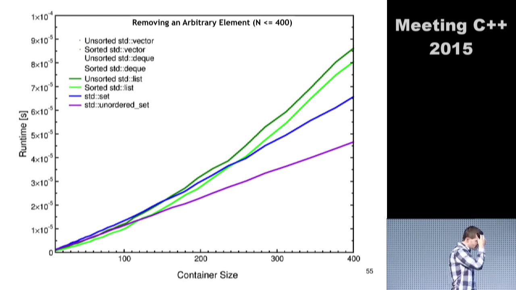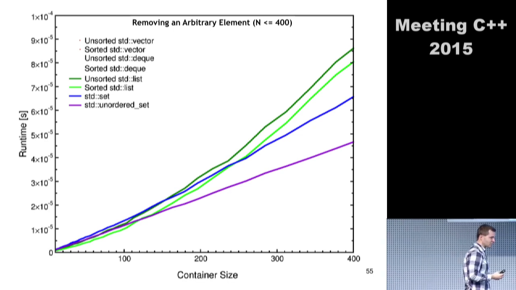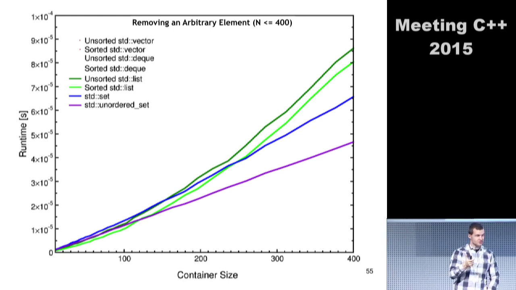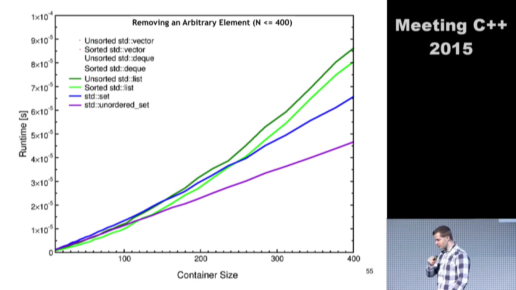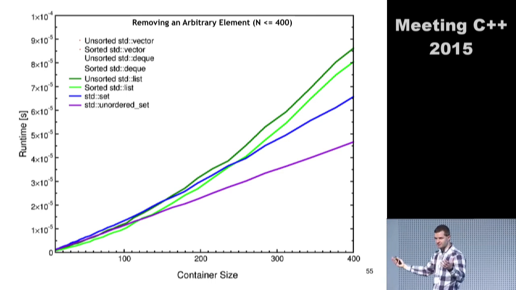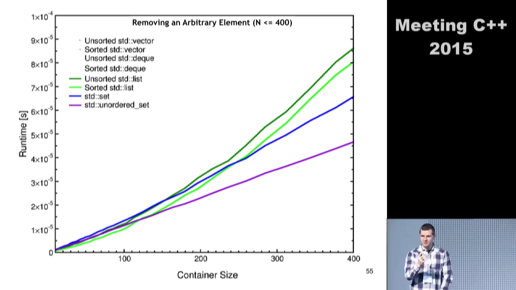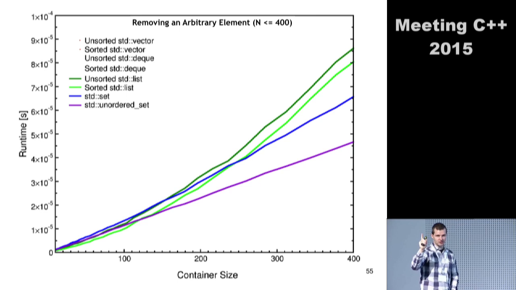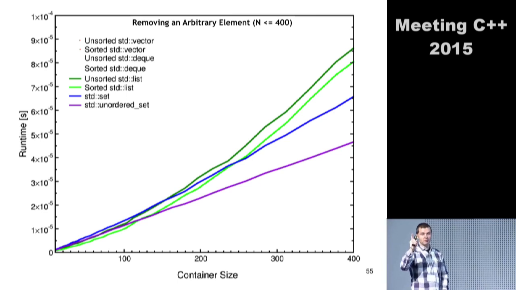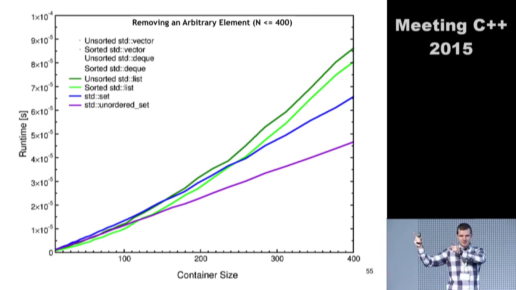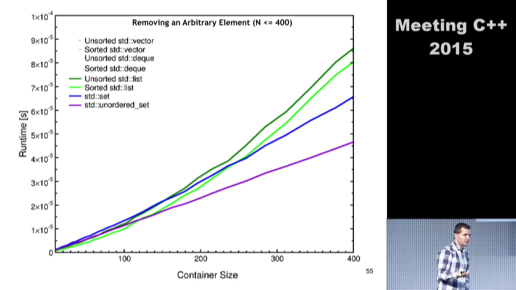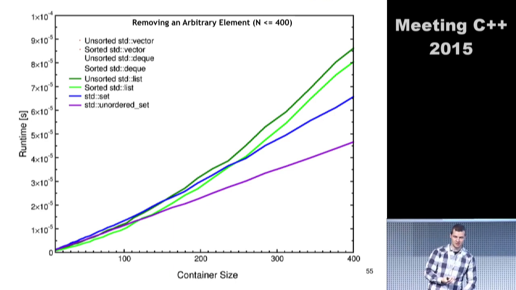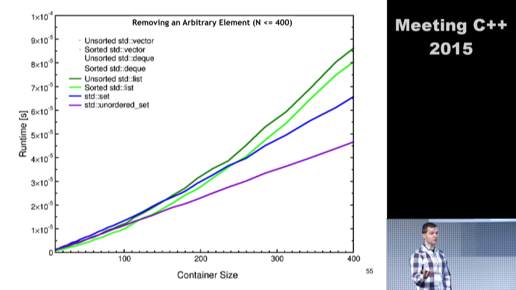Okay, and now come the really interesting containers. Vector. I have an unsorted vector and I have a sorted vector. I want to arbitrarily remove any element in the vector until it's empty. And you know what this means? I pick an element in the range. This element is removed, and everything behind it is just shifted. So the gap has to be filled. This is something that does not bode well for vector. This is an additional, pretty expensive overhead.